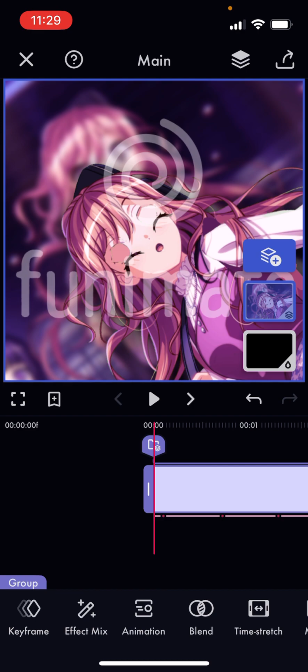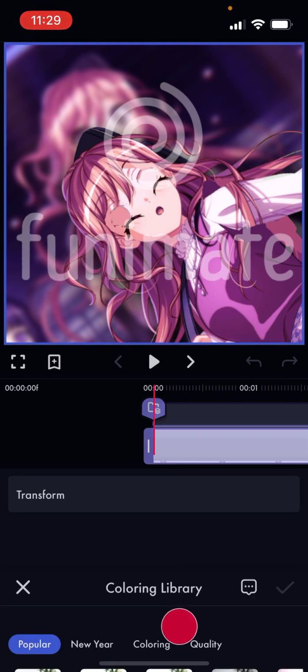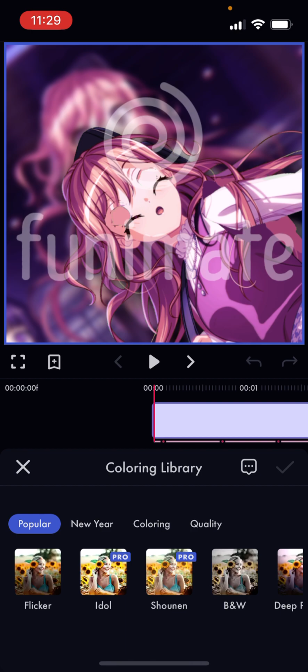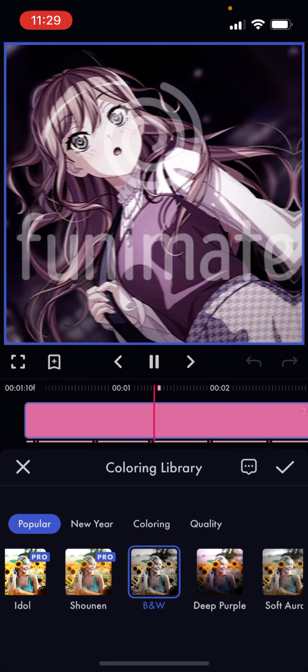Anyways, so to add coloring, go to keyframe, and then go to colorings here. I usually use a preset because I'm too lazy to actually color. So the ones that I usually do, I start off with